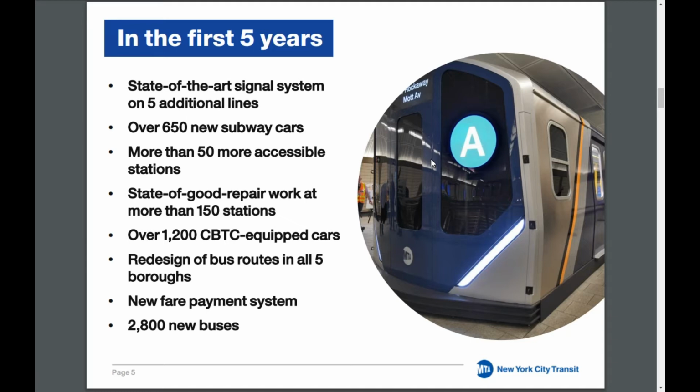Well, as you can see in this picture right here is the mock-up of the R211, which was displayed back at the Hudson Yards 34th Street station in December of 2017. And about those 650 new subway cars, I already know you're going to have something to replace the R46s, and that's the R211. But you're going to have to get new subway cars in the next 5, 10, 20 plus years down the line to replace,